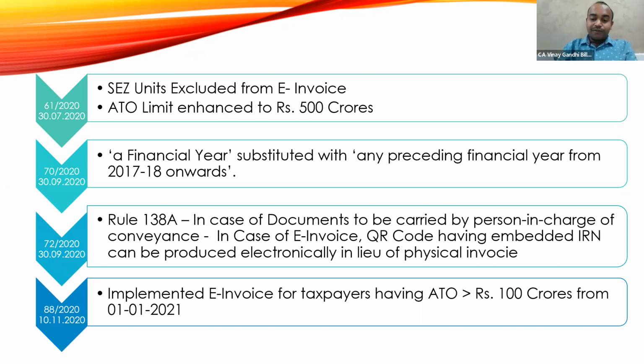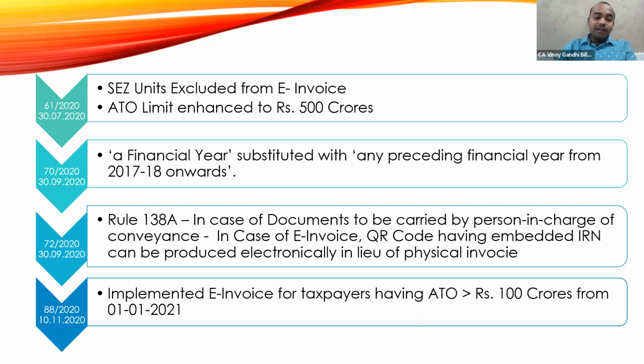And on 1st of October, they have implemented. Again, there are some technical glitches during the implementation. So from 1st of October to 31st of October, what is the process? There is a separate notification even for them, because they could not generate an e-invoice properly during that period. There are some technical glitches. So again, they have given some notification on what procedure is to be followed.